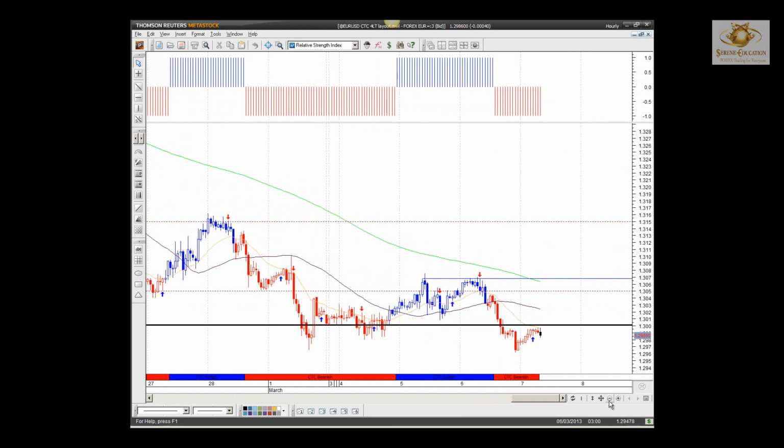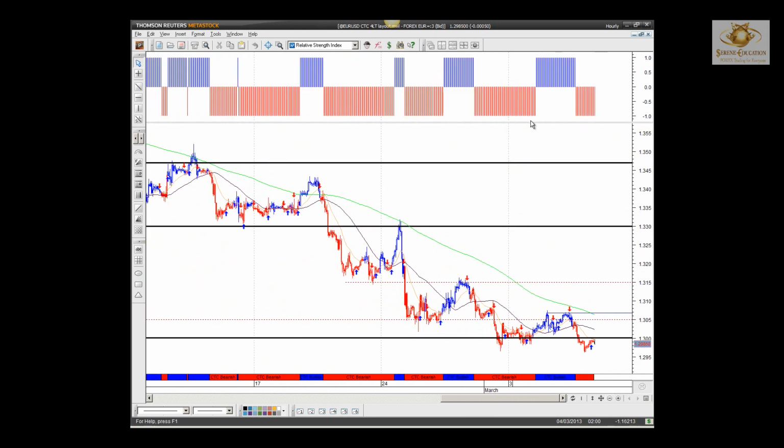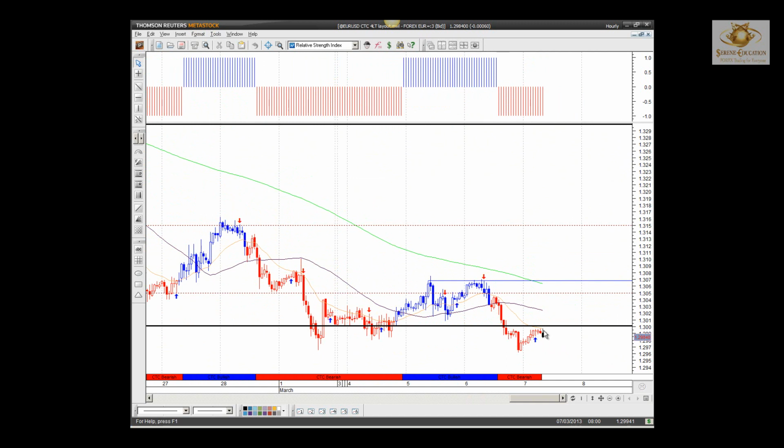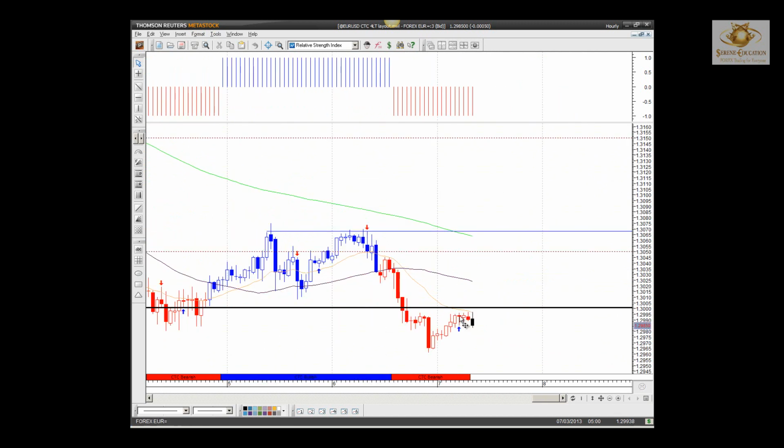Okay, so you can quite clearly see that the momentum is still very much red, very little blue on the top, and you can see the institution moving average still above price, so it's still telling price should be going lower. And you can see the last hours, quite indecisive spinning tops after 4 hours here after the Tokyo Open this morning, and a bearish engulfing candle as we speak going into the European session open. So long may it hold. So look for a nice bearish engulfing candle here.